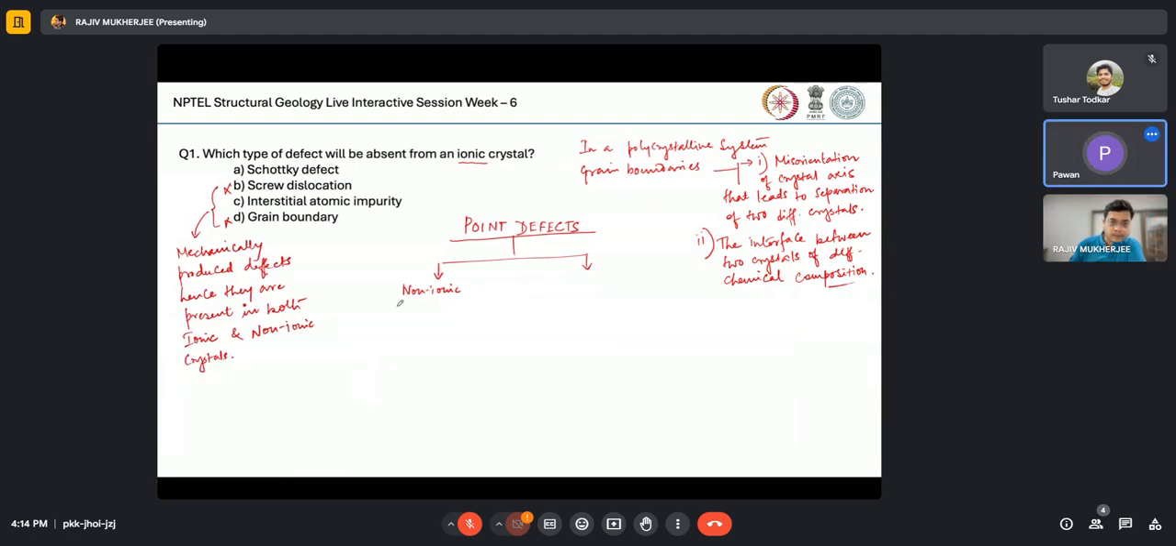Option A is right then. Option A, no. Schottky defect is a feature of ionic crystal. Ionic crystals ka feature hota hai na sir? But the question says that it will be absent from an ionic crystal. So for ionic crystal, the general point defects that we see are Frenkel defects,